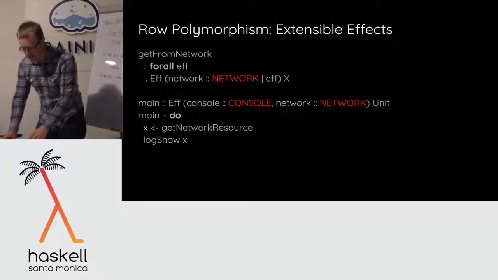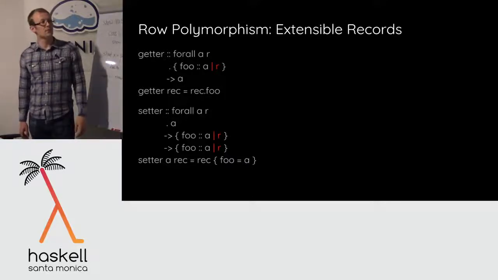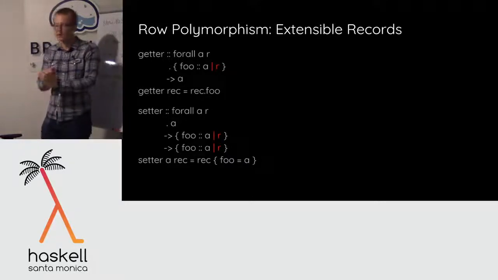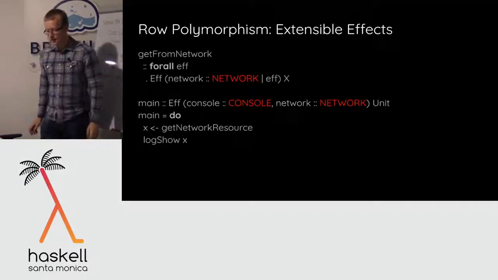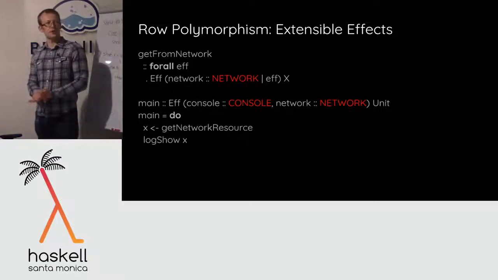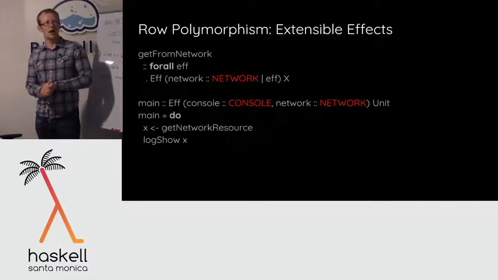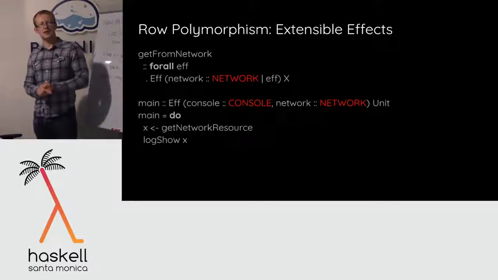Maybe I'll do that at the end. Okay, so like I say, it's a really nice fit for objects, right? We can talk about the labels and types that an object has, but it also is a fit for a lot of other things. So here's one thing we've had in PureScript since pretty much the beginning, since we added row polymorphism, which is extensible effects, right?